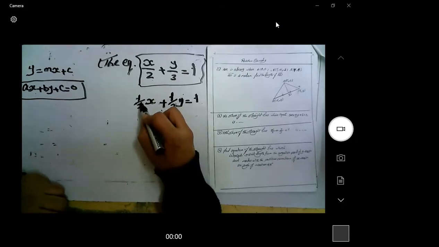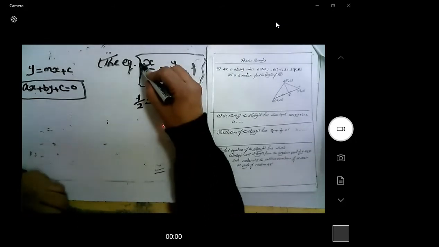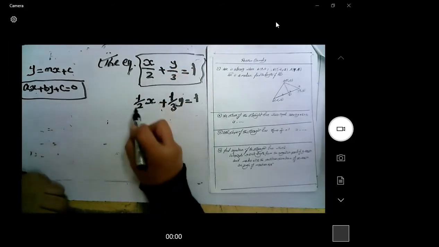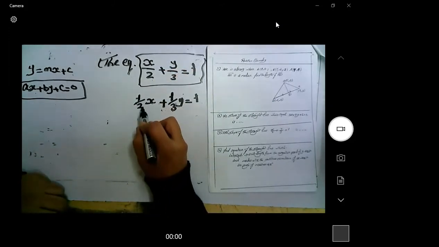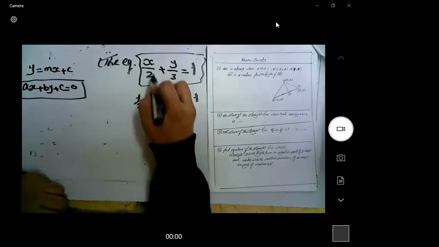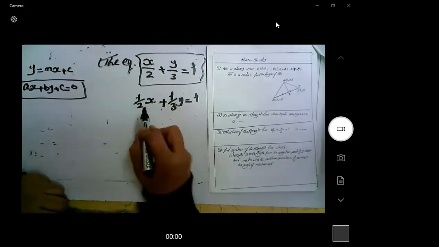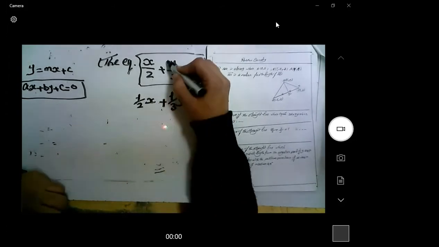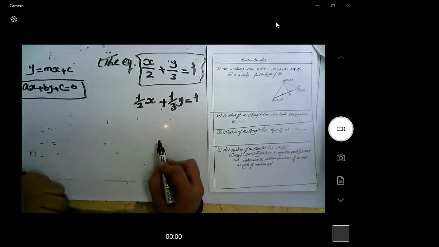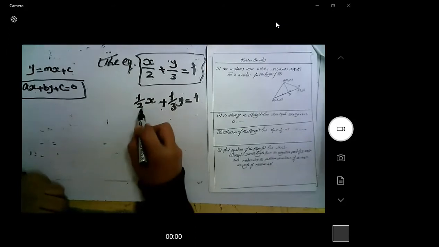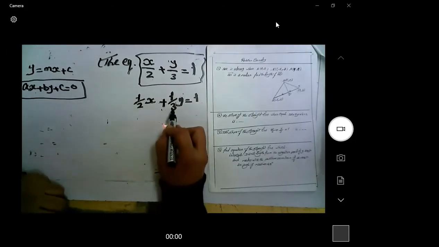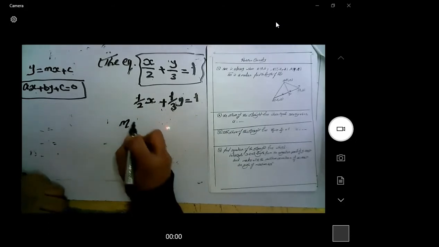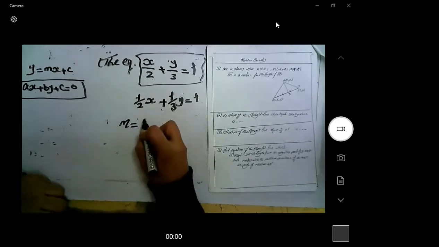The coefficient of x is half, not 1, not 2, because x over 2 means half x. y over 3 means third y, 1 over 3 y. Then the coefficient of x is half, the coefficient of y equals third, then the slope of the straight line equals negative